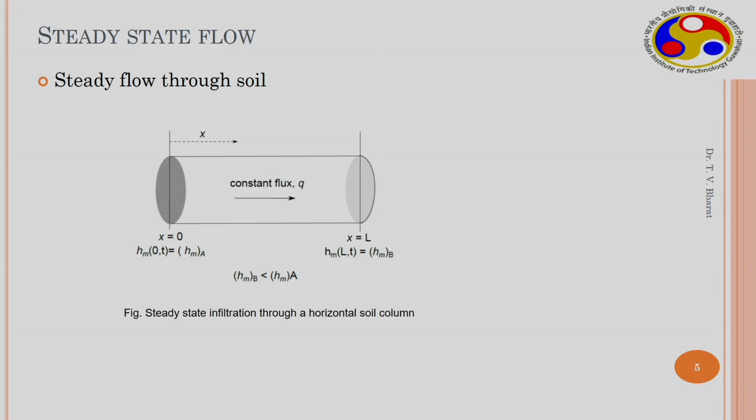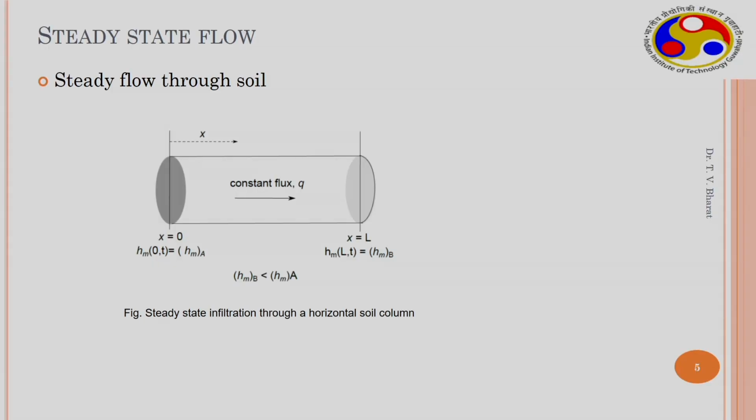Because often we feel that when you take a dry soil sample and connect it to a water reservoir, when water enters into the soil mass and distributes, the soil gets saturated. Because of this saturation, the condition of the soil changes with time, so therefore it can only be transient, steady state flow may not be possible. That is our understanding. But generally, it is possible to have steady state flows through unsaturated soils.